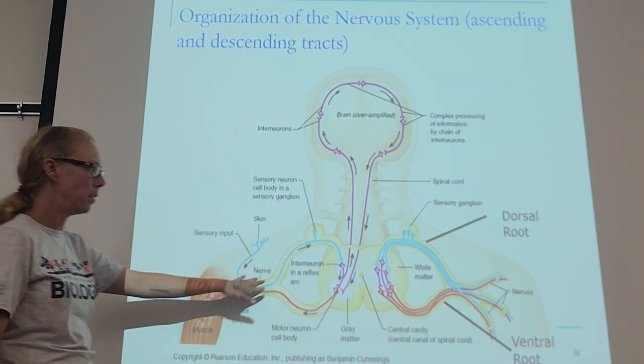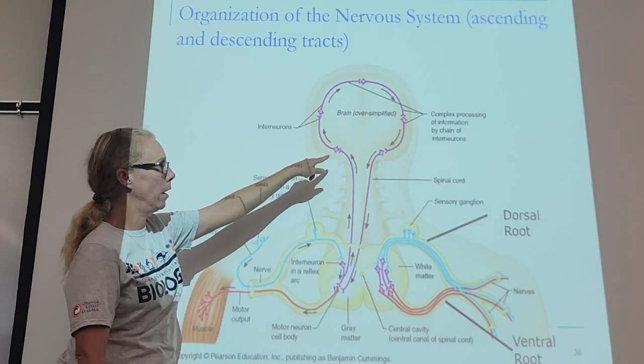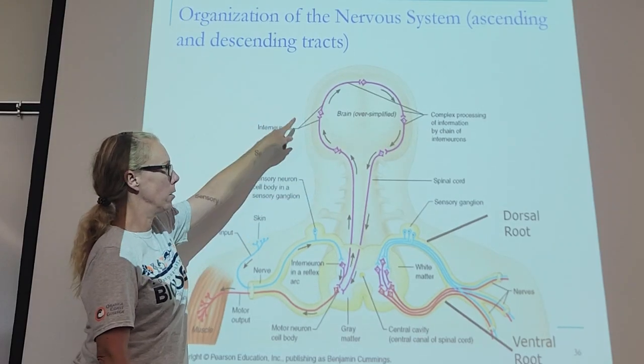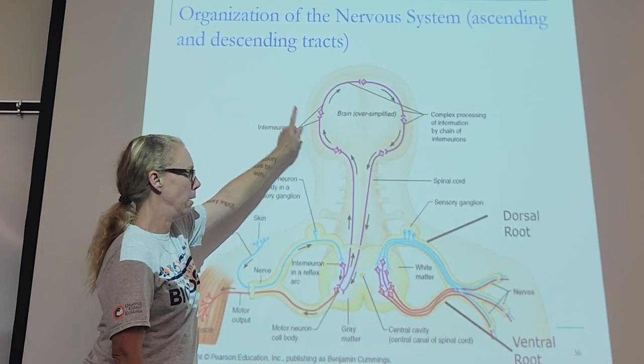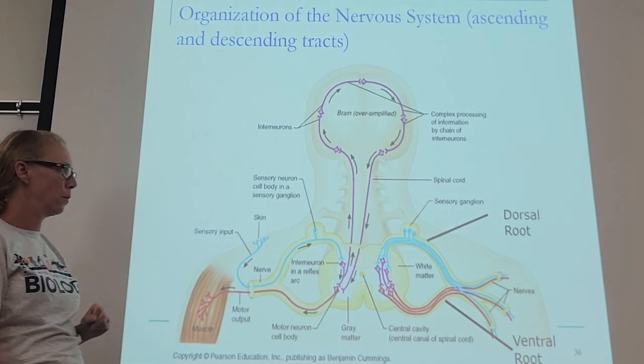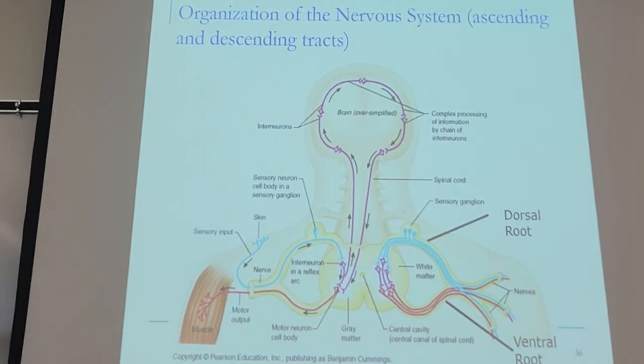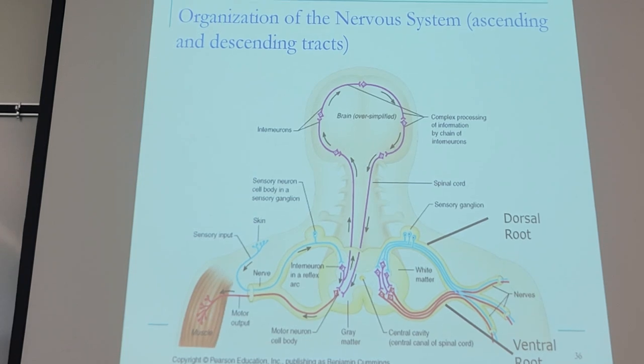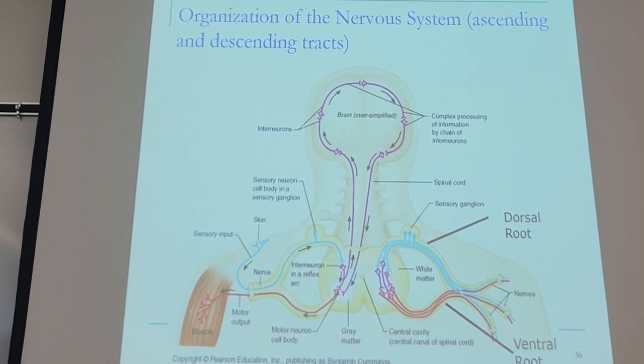You get a stimulus, it comes up, your brain considers and analyzes it, interneurons, and then boom, it's going to generate some sort of motor response. And so now, when we return to reflexes next week, it'll make more sense, because we've talked about tracts, we talked about neurons, we talked about different types of neurons, we talked about all the terminology. Now when we talk about reflexes, that's the simplest pathway in the nervous system. That's why reflexes are so fast. You get instant results from